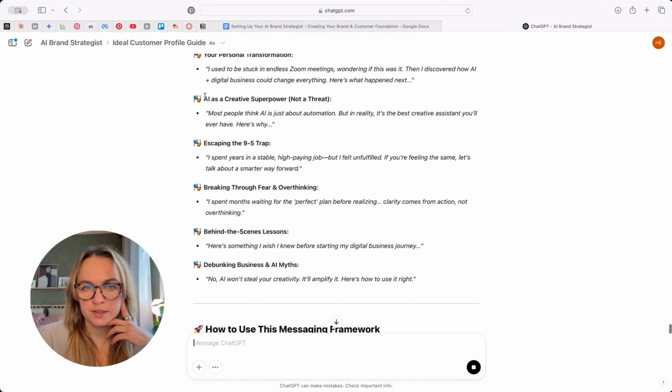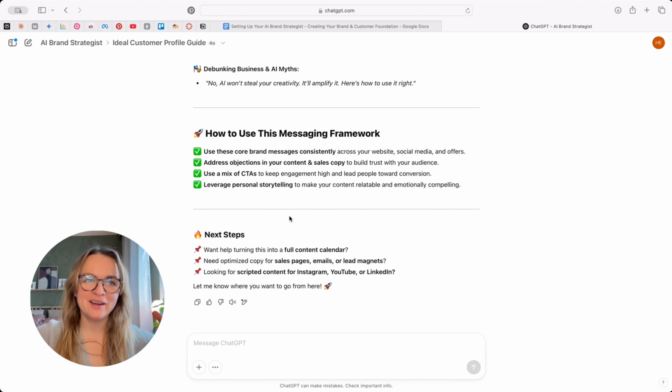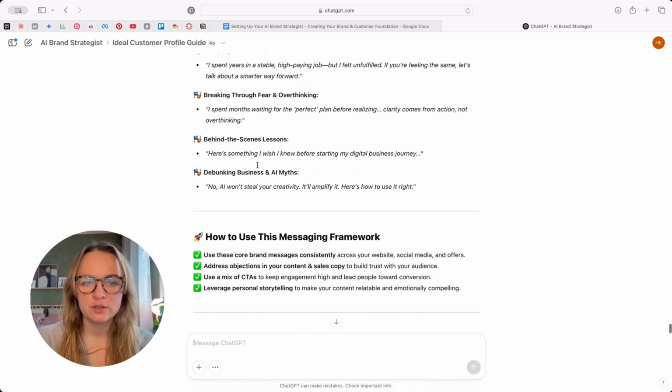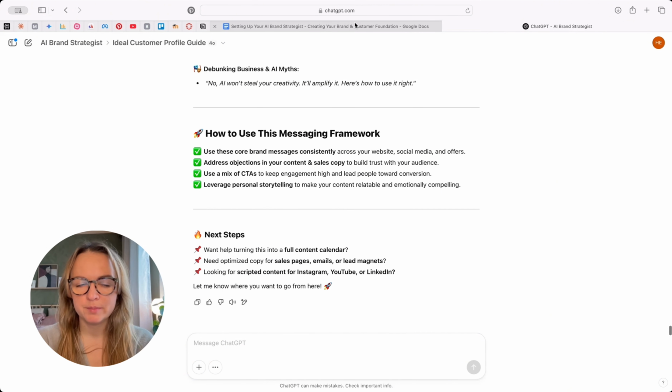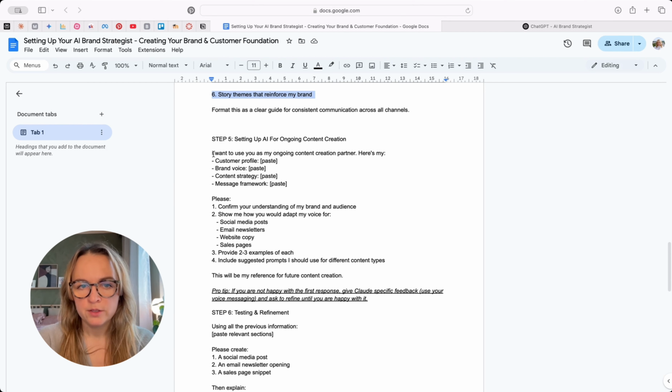Story themes. I love it. I just said in the tutorial that actually hasn't recorded, I was at some point so grateful to Claude and I loved it. I don't know why I was so skeptical to ChatGPT. Maybe it's just those emojis that put me off, but it's very good. It's pretty good. It did a really good job. So we're going to move on, and now we have the messaging framework, and we are going to put